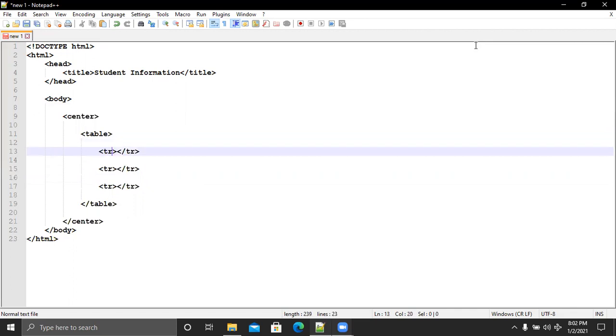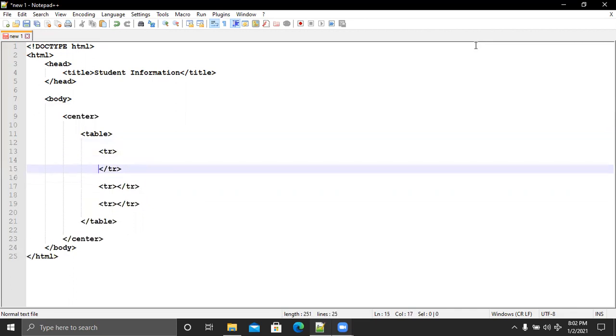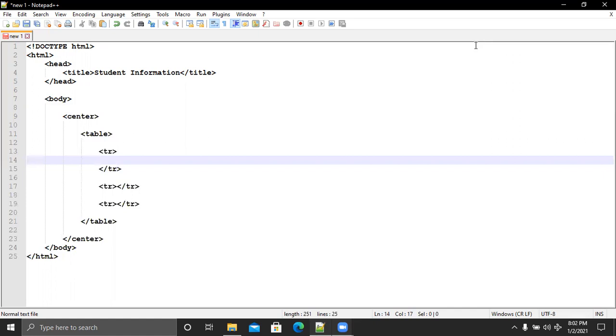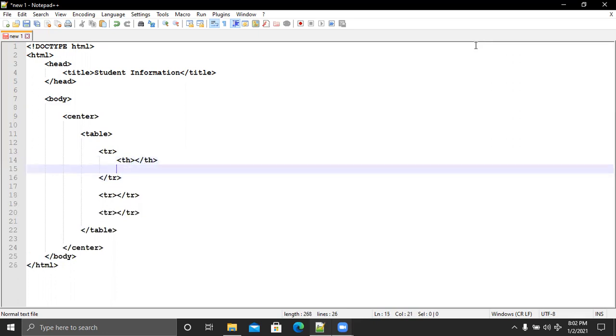And in the first row, we are going to create the column headings. For creating any heading in the table, we have the th tag, which stands for table heading. So I open this th tag and I close this th tag. We are going to create a student information table.